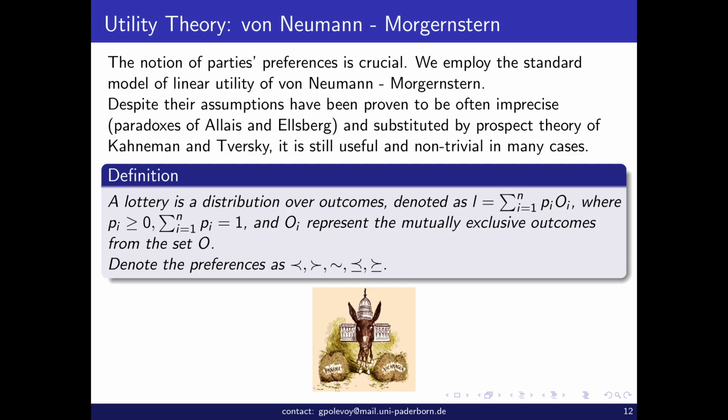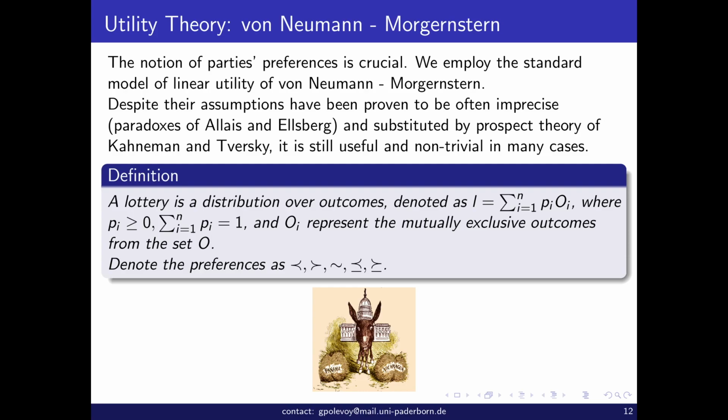Actually, probably the most famous theory which substituted that is the prospect theory of Kahneman and Tversky, for which Kahneman got the Nobel Prize, and Tversky simply had died before that. Of course, otherwise he would also have got the prize. That theory is also, as Kahneman himself writes, not ideally characterizing how people behave. So that's a question which is still open. There is ongoing research on how to completely characterize how people behave, but we are going to assume the so-called linear utility theory by von Neumann and Morgenstern.